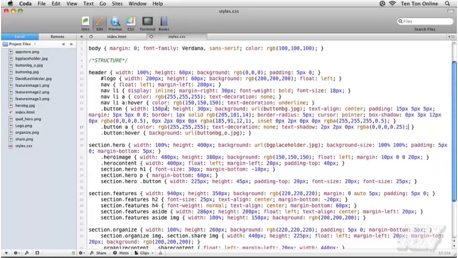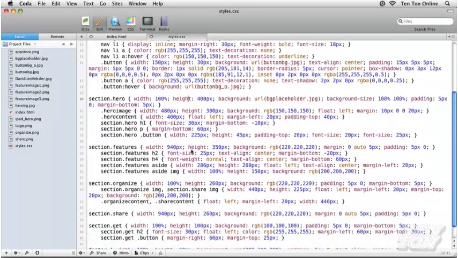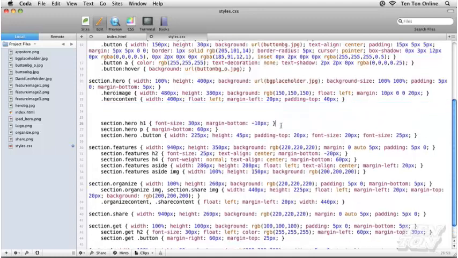I'm going to scroll down a little bit. By the way, as you can see, I collapsed all that extra white space that we had. I'm going to scroll down to where I see my hero section inside my external style sheet, probably around line 20 if you have your line numbering turned on. And I'm looking for the H1, the heading 1 inside the hero section. Okay. And once again, I'll isolate this guy so we can see him a little bit